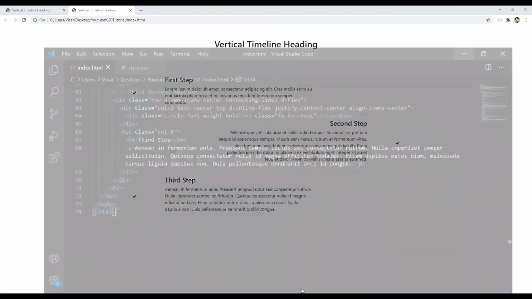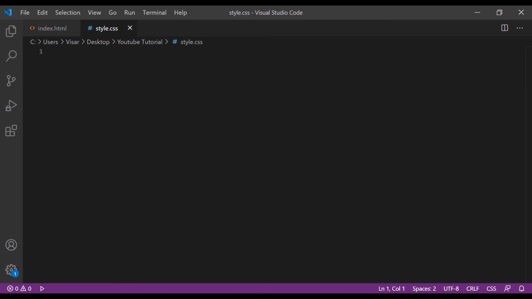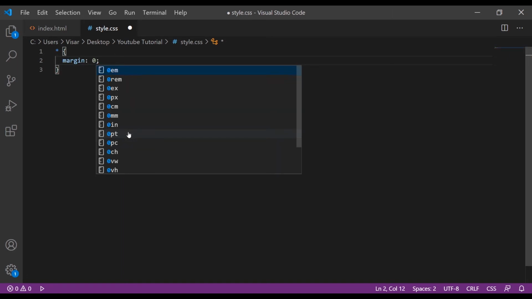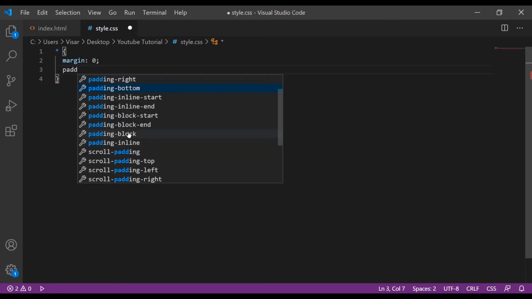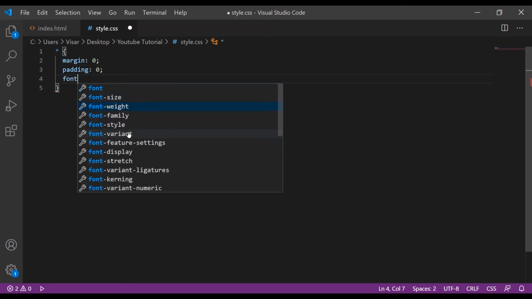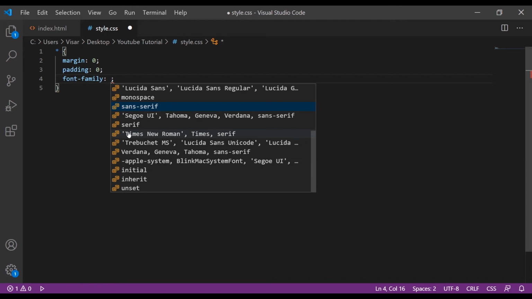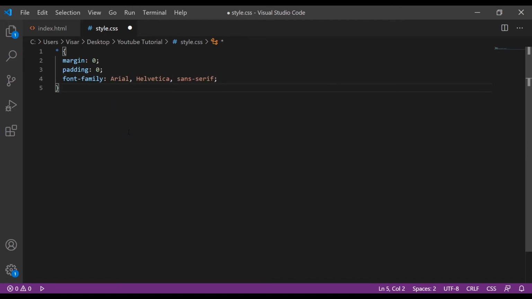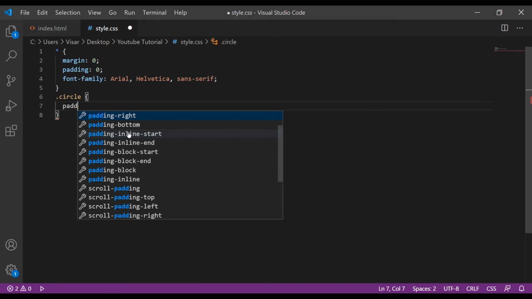So now let's go to the styles CSS. Now we're going to style all those lines and everything. So let's just do some basic setup. Margin 0, padding 0, and then just put font-family. I'm going to use Arial. Then circle, give a padding.